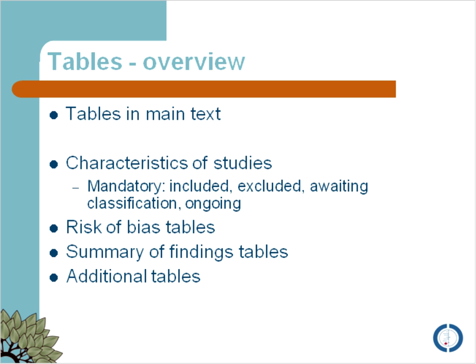I'm just going to select my drop-down box, so you have your choice of yes, no, or unclear. The question within the risk of bias table is always framed such that when you say yes, you are indicating that for this particular item, it's at a low risk of bias. Unclear means either you're unable to make a judgment because the information is unclear, or it's an unknown risk of bias to you based on the information. And then, of course, if you're answering no, then you're indicating that it's a high risk of bias.